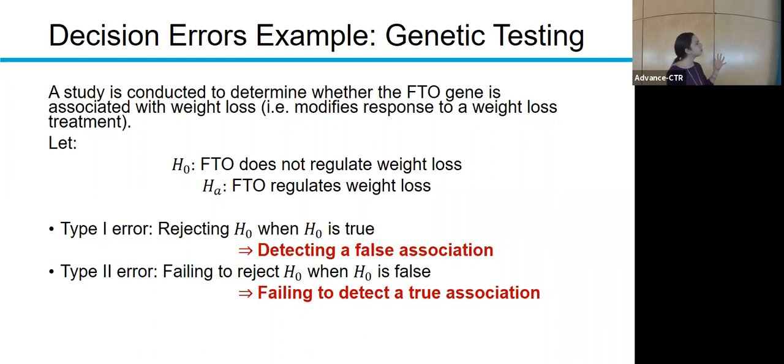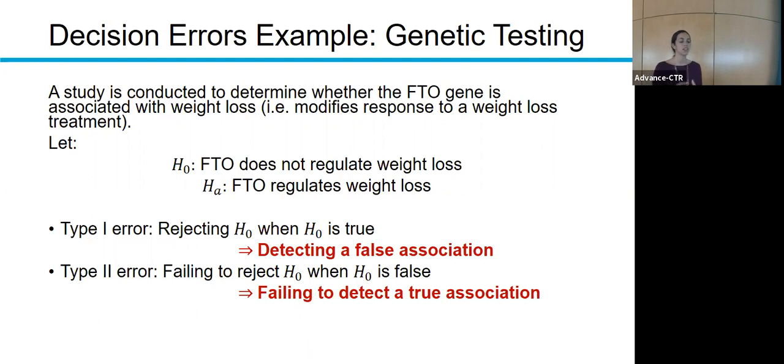And I don't know too much about genetic testing, but let's say that you detect this false association and then, since you've detected it, all this money is immediately invested into this research for this FTO gene, rather than going to, I don't know, saving others. Then that could be the cost of this type 1 error. And that needs to be weighed against the cost of the type 2 error, which is failing to detect